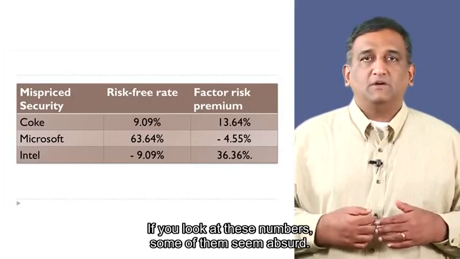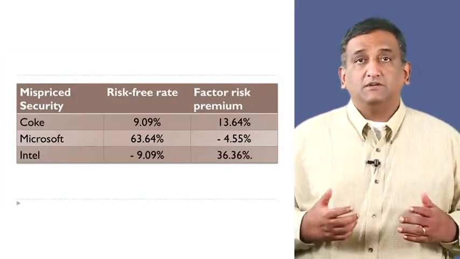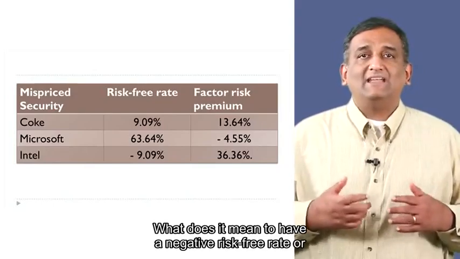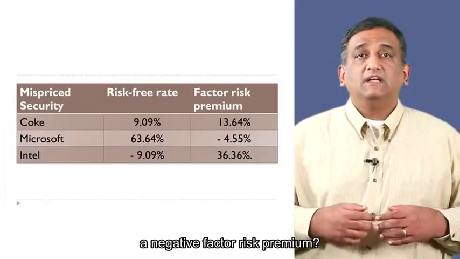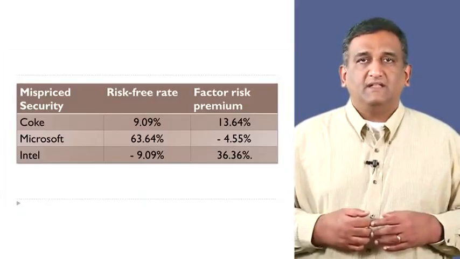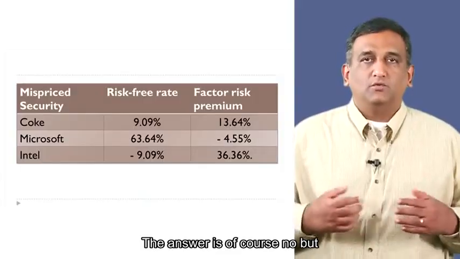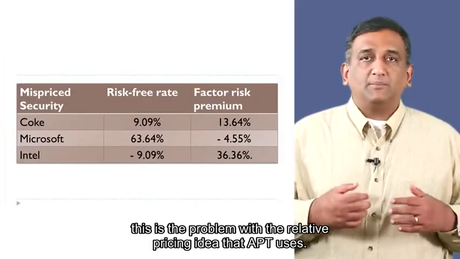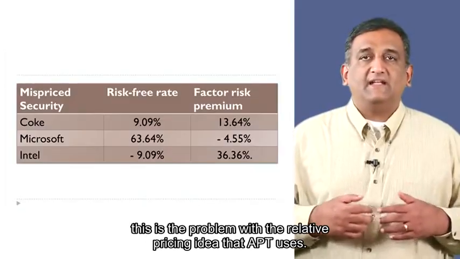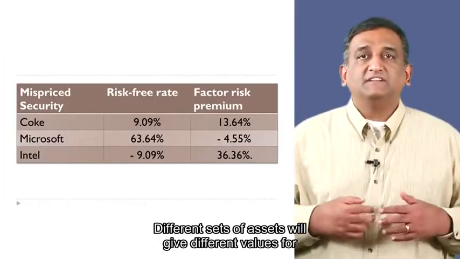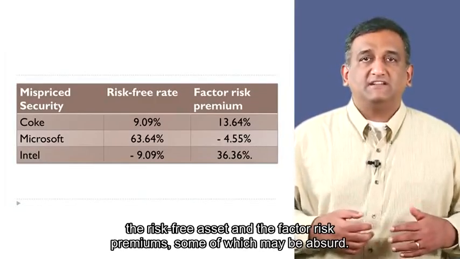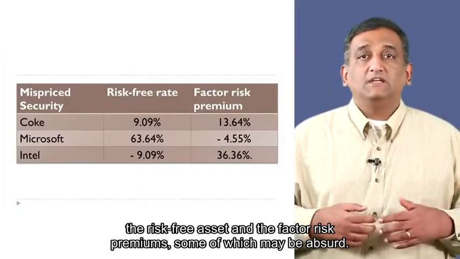If you look at these numbers, some of them seem absurd. What does it mean to have a negative risk-free rate or a negative factor risk premium? Is it even realistic? The answer is, of course, no. But this is the problem with the relative pricing idea that APT uses. Different sets of assets will give different values for the risk-free asset and the factor risk premiums, some of which